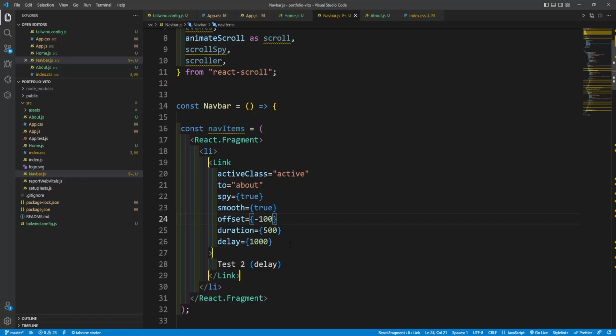Duration, delay, active class. Let me remove that. Okay, let's keep the active class as active, spy, smooth, offset -100, duration 500. It is going to be 500 milliseconds. Delay is going to be 100. And then